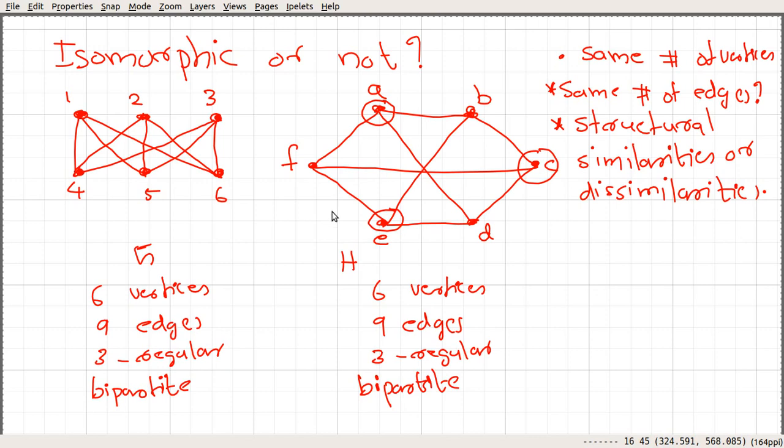And it seems like these two graphs are isomorphic. So if these two graphs are isomorphic, then we have to give a map between the vertices of G and H. If this graph is V1, E1 and this is V2, E2, and if you are able to find a map from V1 to V2, and this map is a bijective map and it preserves adjacency, then we can definitely say that these graphs are isomorphic. Okay, so anyway, these graphs are isomorphic, and one map